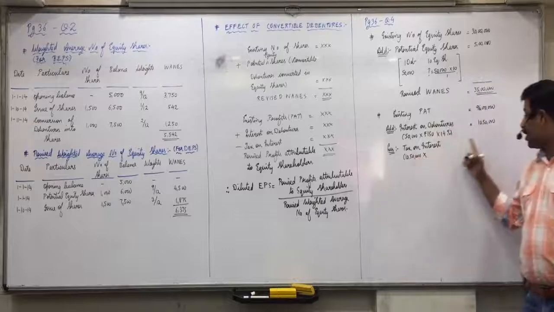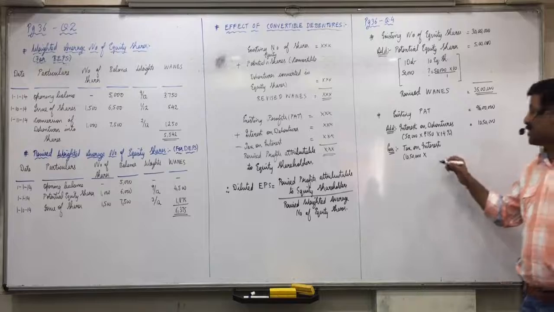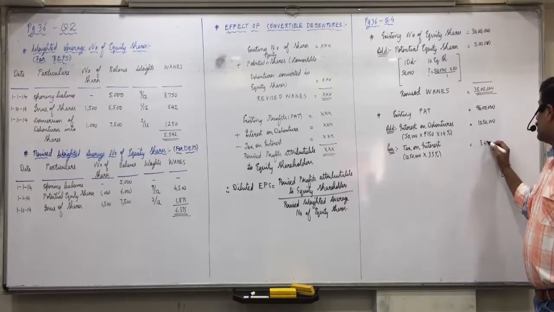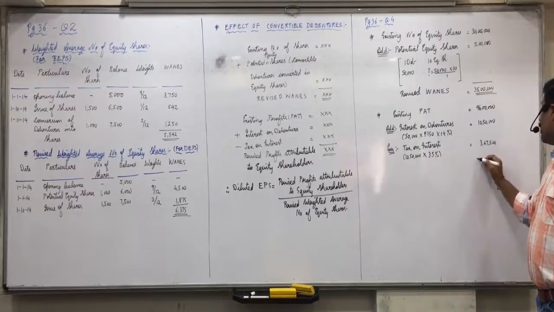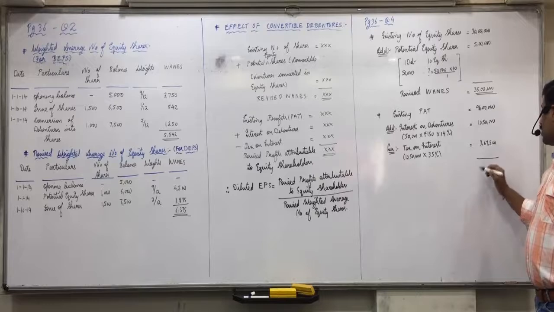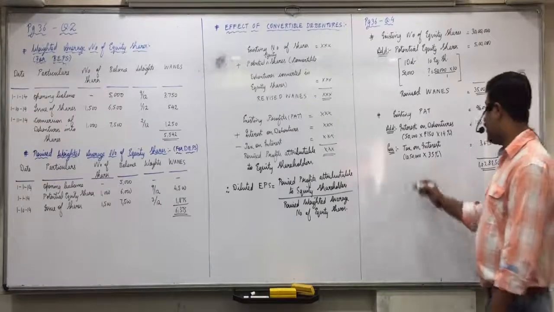Remember, tax will count only on interest. Interest we will save 10 lakh 50,000, but 35% tax burden will increase, 3 lakh 67,500. So 106 minus 3, 102 lakh 82,500. Is it? 1 crore 2 lakh 82,500 will be revised